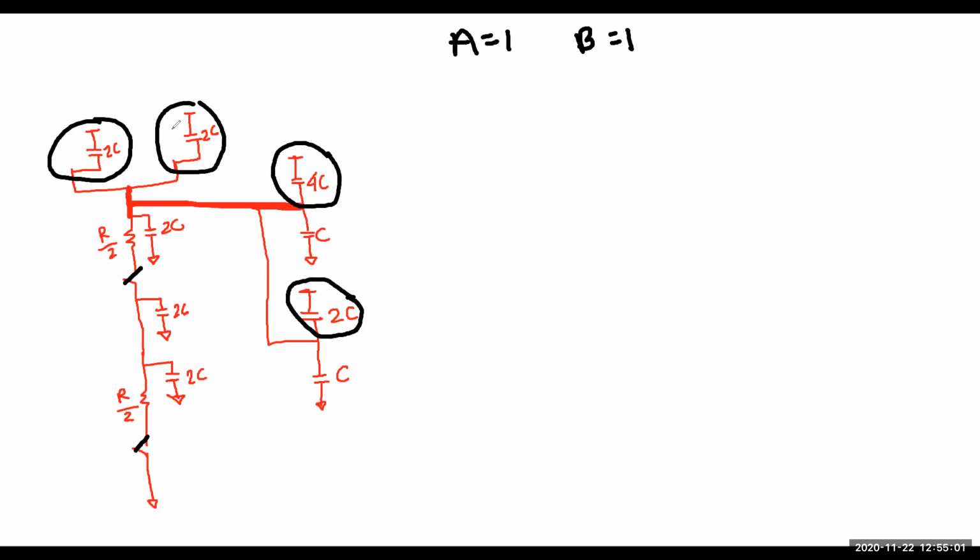So at one point they have VDD, VDD, VDD, VDD. At another point they are all connected to the output point. So they are parallel. So I can call them how much? 2 plus 2, 4. 4 plus 4, 8. 8 plus 2, 10. 10C. I can call them 10C. Okay, now this is done.